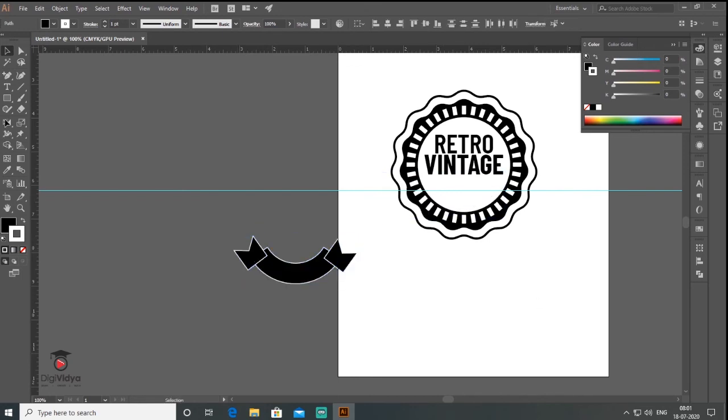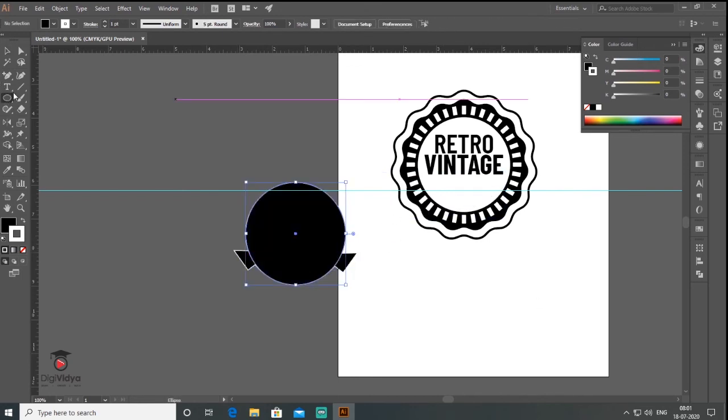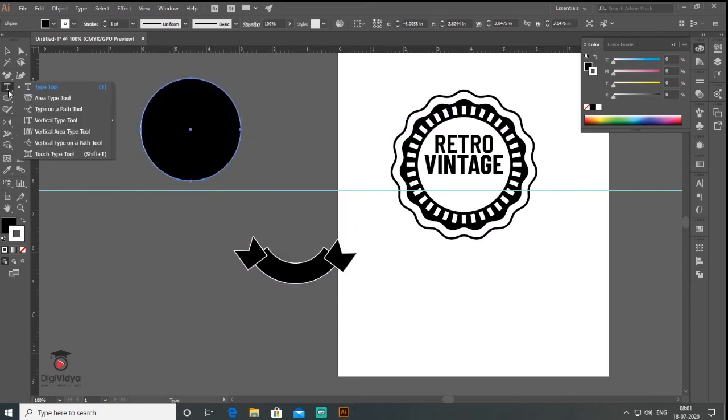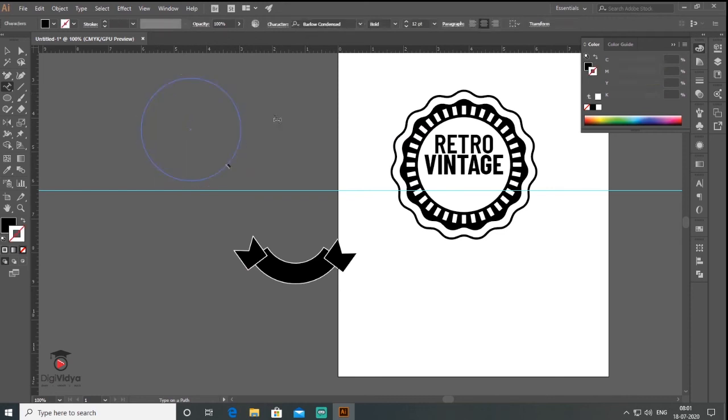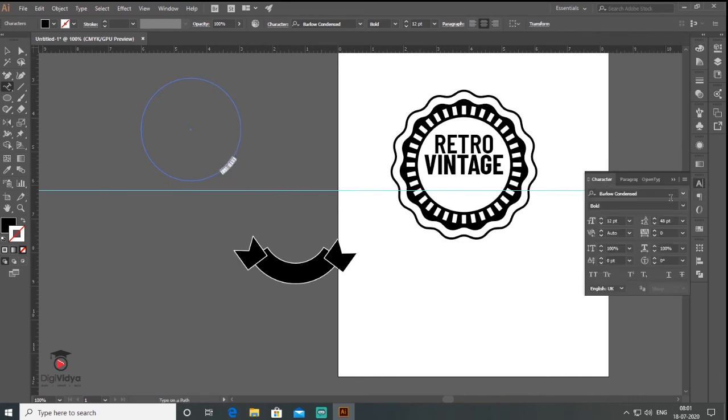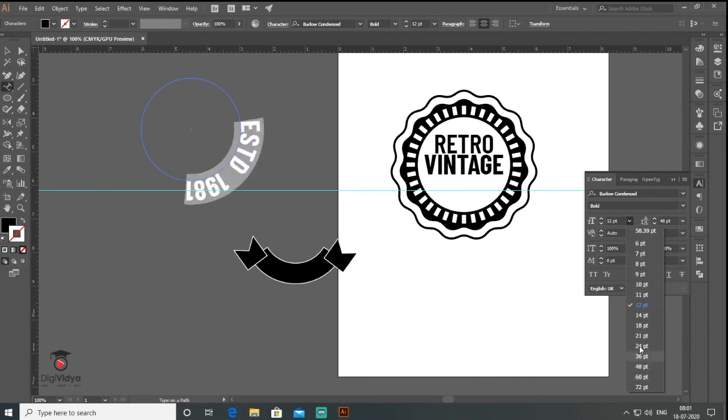Okay, the next step is I want to write something, so I make a circle here and I'm going to use the type on path tool, and I just click on my path and type ESTD established 1981. So here I write, and I need to increase the font size, so my font size will be, yeah, it's cool.